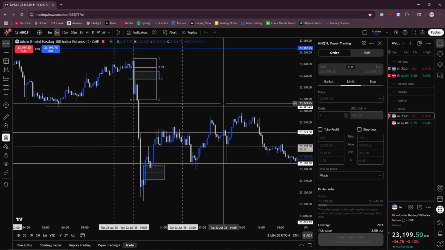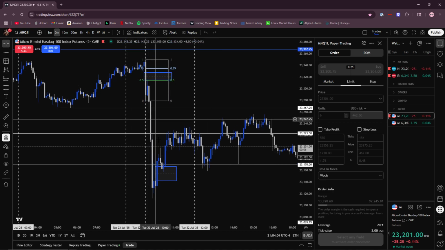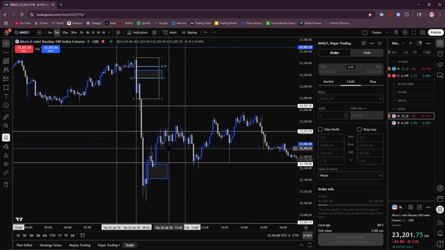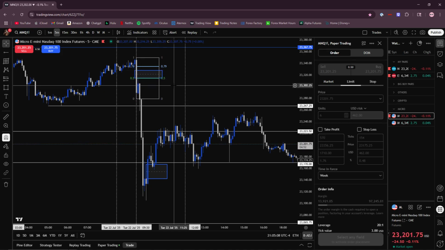The only reason I'm not is because price has pushed down here, and two, it's not in line with my bias. That's basically the only reason I didn't enter here. I was also a little scared of entry because of all these fair value gaps here, here, here, and up here. And the only reason I was scared of those was because entering into longs here was trading against my bias, which I'm not going to do.